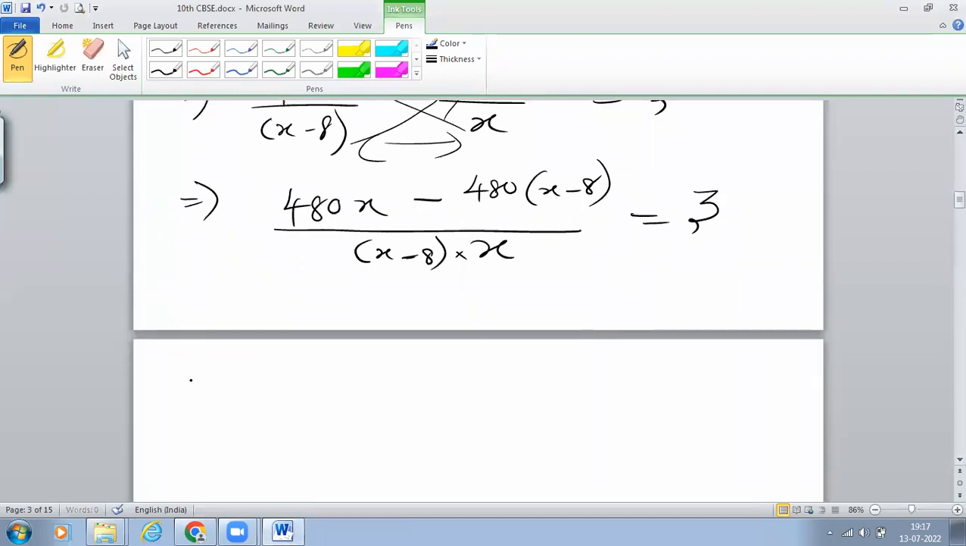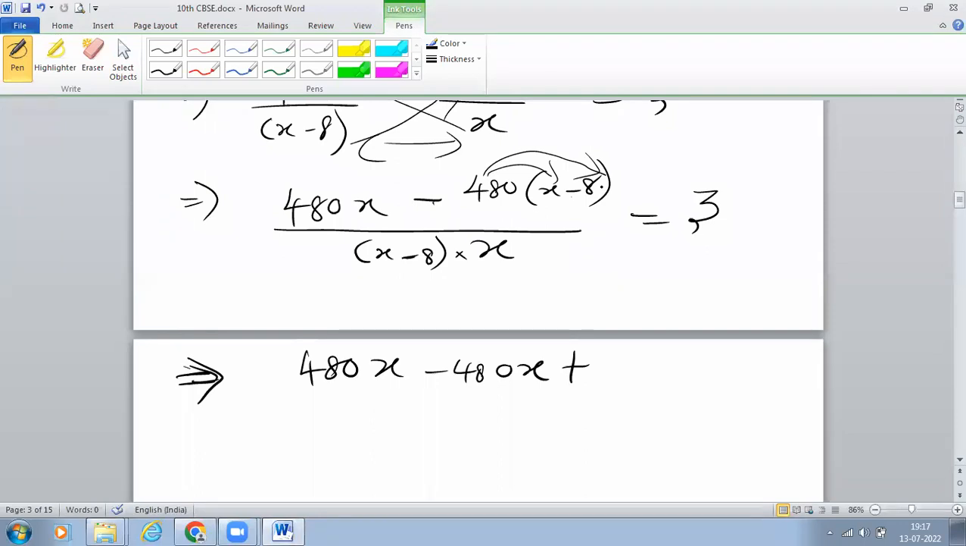Listen, it implies 480x. Now this minus 480, I'm going to multiply inside. Minus 480 into x is minus 480x. And now minus 480 into minus 8: minus into minus is plus. What is 480 into 8? Can anyone tell me the answer, ma? 3840. Very good. 3840, whole divided by,